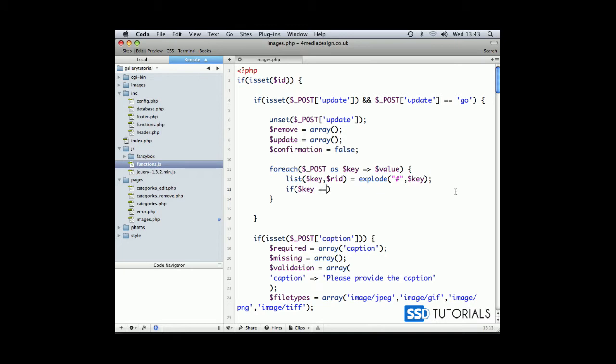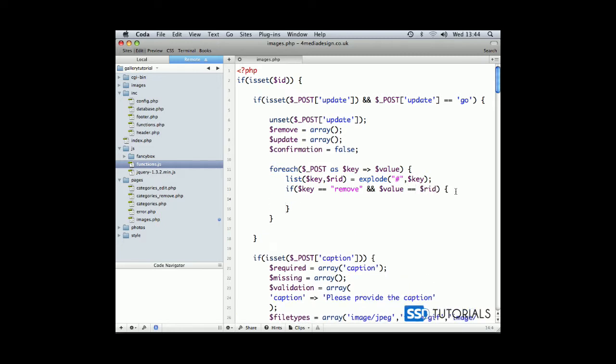If key equals remove and value equals RID, then array push, we're going to be putting to the remove array the record ID, so that we know which record we want to be removed. We can actually put int in brackets before this RID to make sure that it's definitely an integer that is passed to this array. Okay, else if